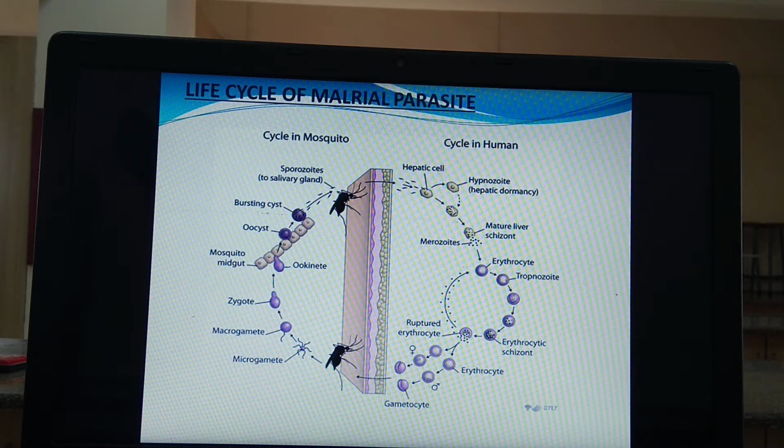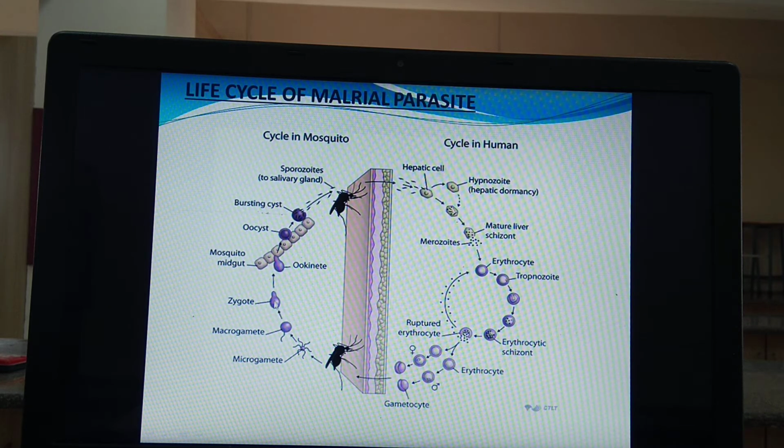See the diagram, the mosquito which is shown towards the lower side of the screen. You can see this mosquito biting an infected man. So when it bites an infected person, these gametocytes enter into the mosquito's body. These gametocytes in the mosquito's body get differentiated into microgametes and macrogametes. So these two are the gametes. Micro is small and macro is the larger one. These two gametes, micro and macrogametes, fuse together, resulting in the formation of a zygote.